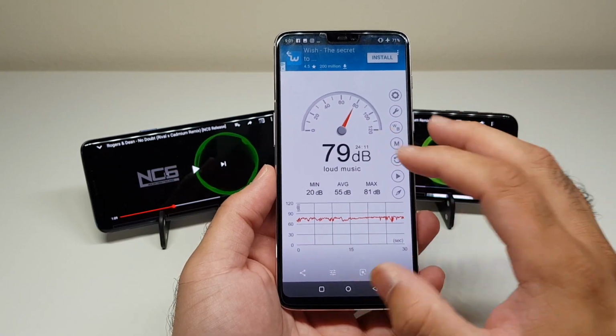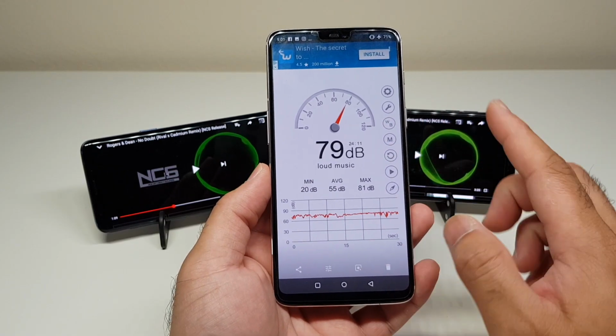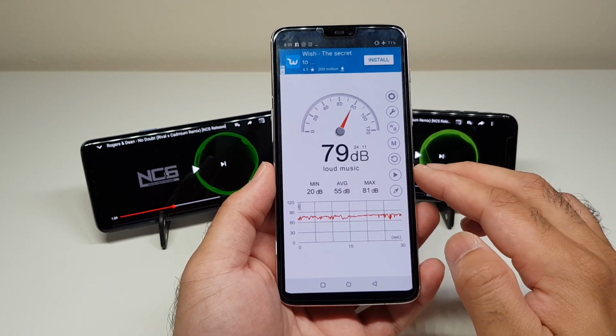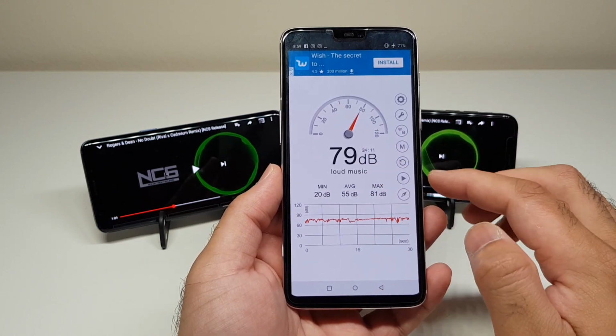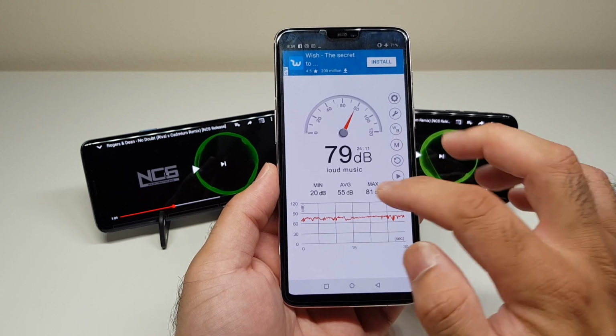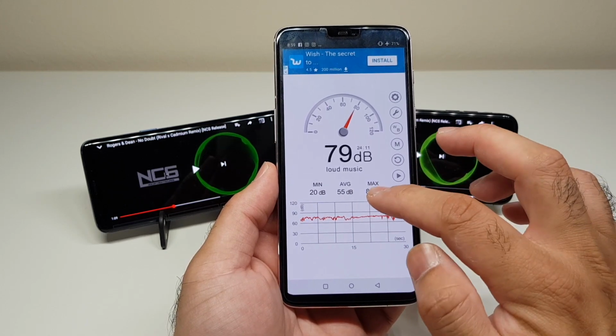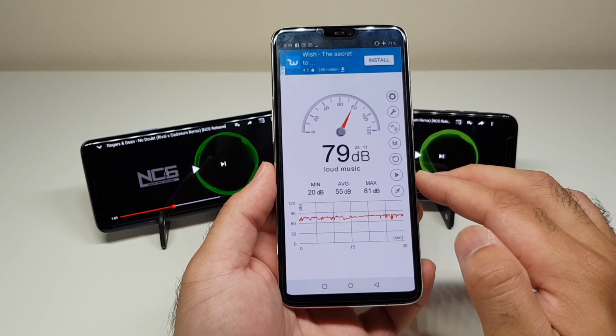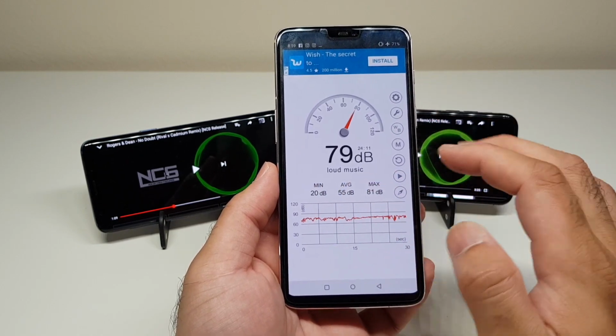Okay, so here we go. These are the screenshots I took once I finished on both the phones. And the first reading is here for the iPhone X. As you can see, loud music, 79 decibel, averaging 55 decibel, a maximum of 81 decibels, and a minimum of 20 decibels. So lows and the highs, and averaging around